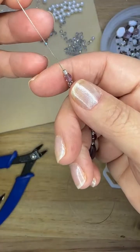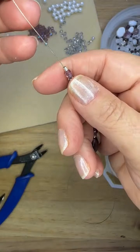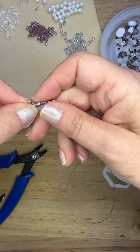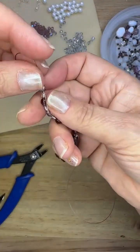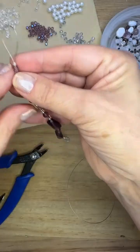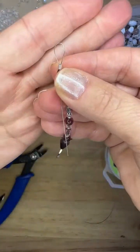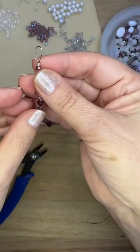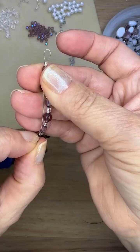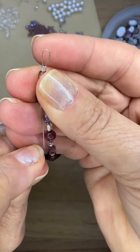So you can put the jump ring on first if you would like, or you can just create your loop. And I'm going to do that first. I'm just going to create my loop. And I'm going to put the wire on or down through my crimp, and I'm going to pull down. It's hard to see this wire. It's so shiny. I'm going to pull that down till I've got a nice loop, but not too big, not